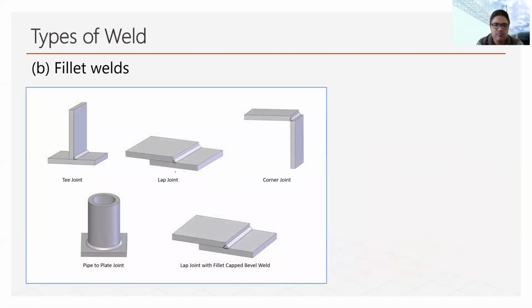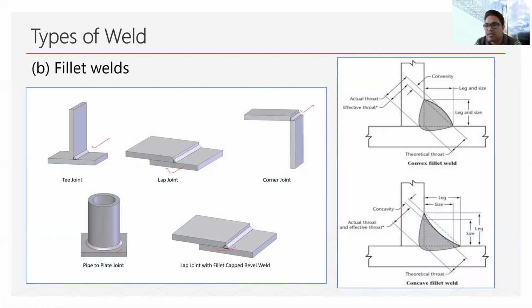Now here you can see some types of fillet weld. All those places are fillet welds. And with the fillet weld, there are some associated terms. Now we can see this is the actual profile of a fillet weld, but generally in calculation work, we consider this triangle. In most cases, this triangle is an isosceles triangle, which means a triangle with two equal sides. So in the calculation part, we consider only this triangular part.